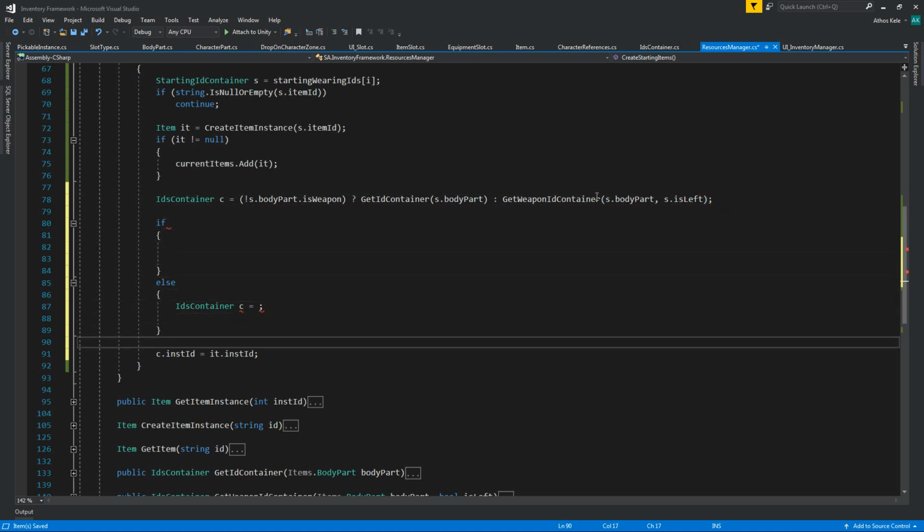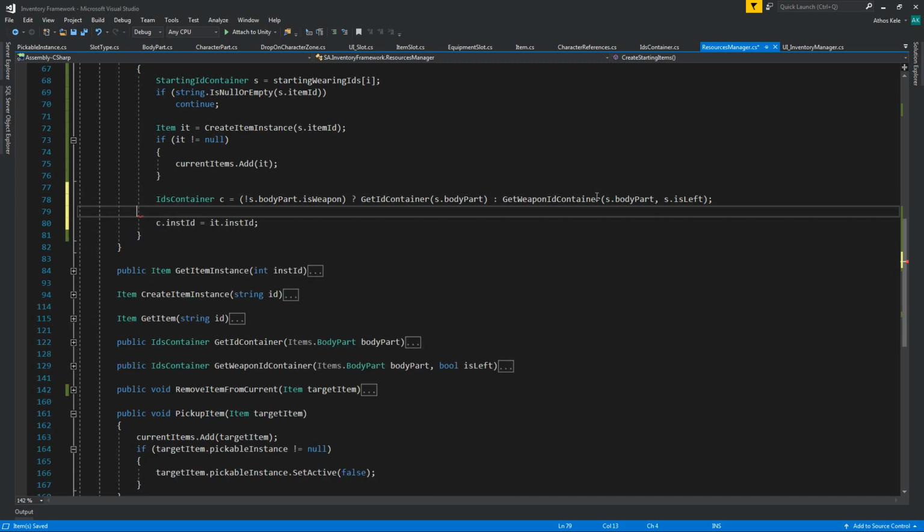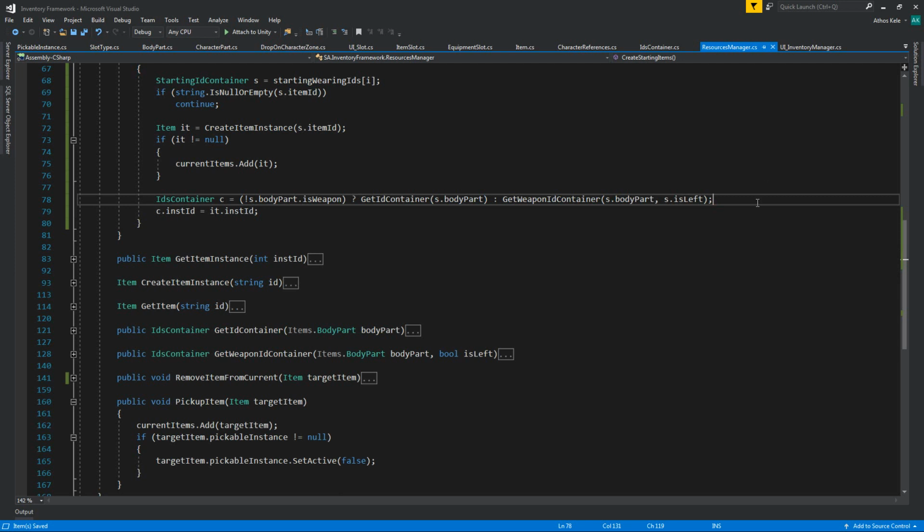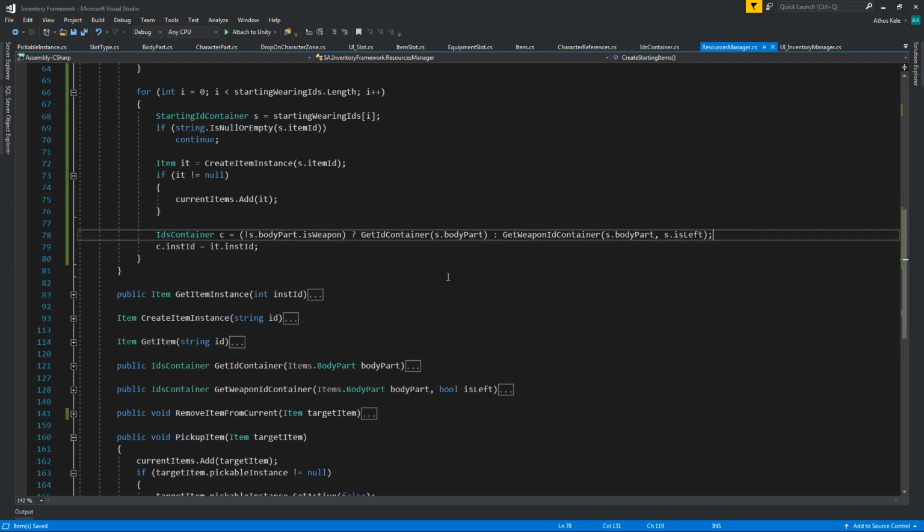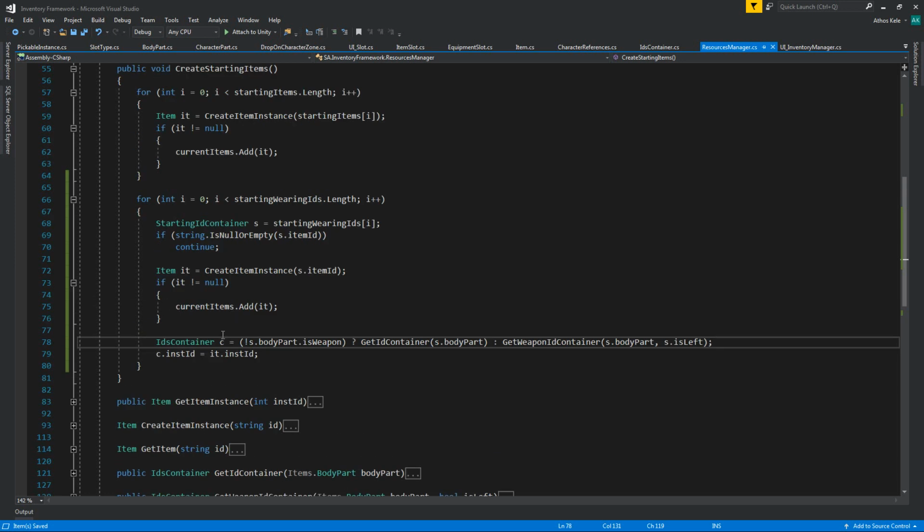Okay, and there we go. So delete all of those things. So this will assign the IDs for the newly created item instances back to the current items,